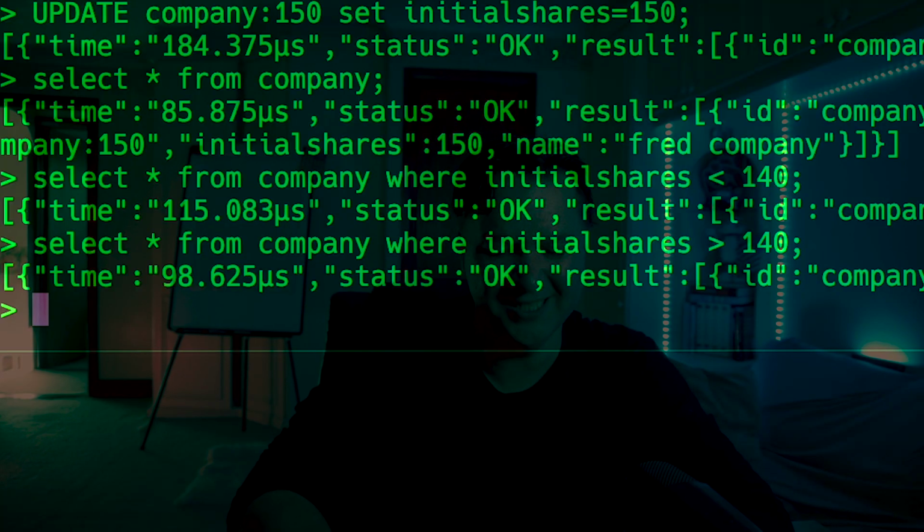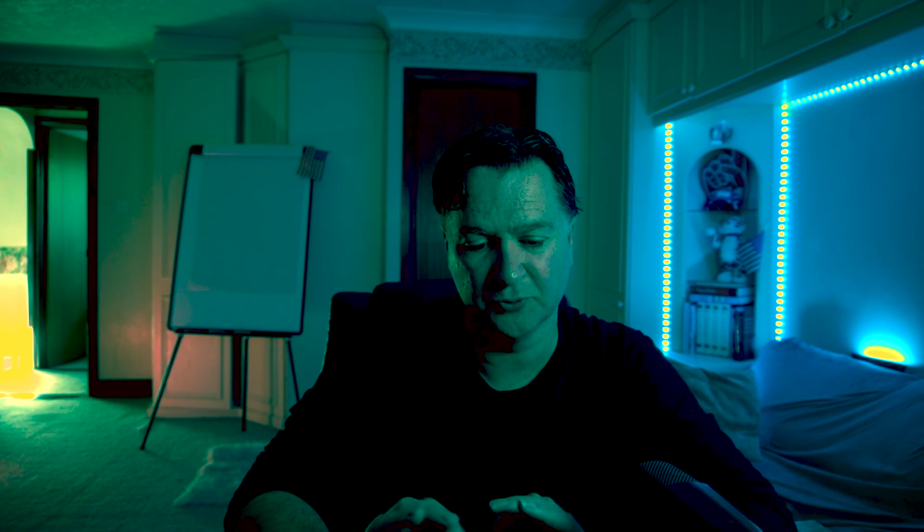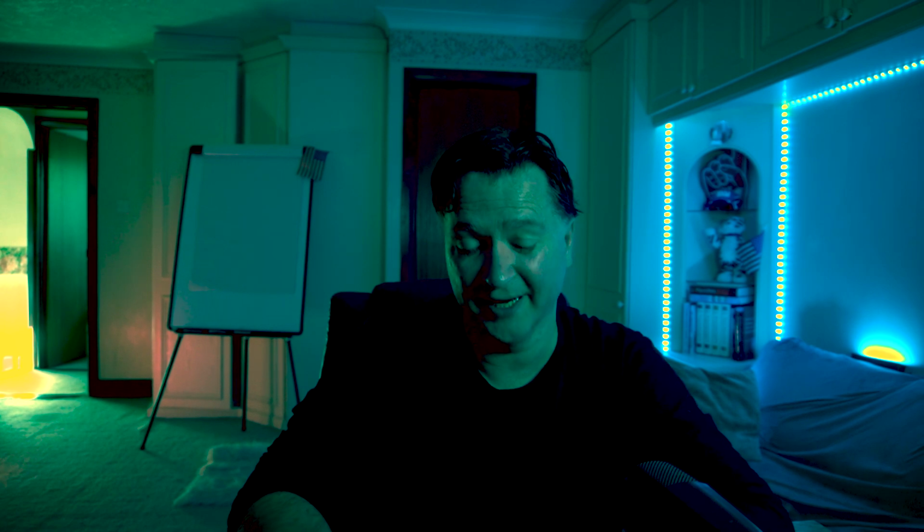And then I think finally, what I want to be able to show you is if I want to get an exact row, and this is where it becomes super fast. You can see at the moment it's taking something like 115 microseconds, 85 microseconds to come back. So these are super fast queries as it stands. So again, this is one of the benefits of SurrealDB. It is a super fast database, right? It is running at microsecond speed, especially if you're doing key value scenarios or if you've got very small databases. It is just lightning fast.